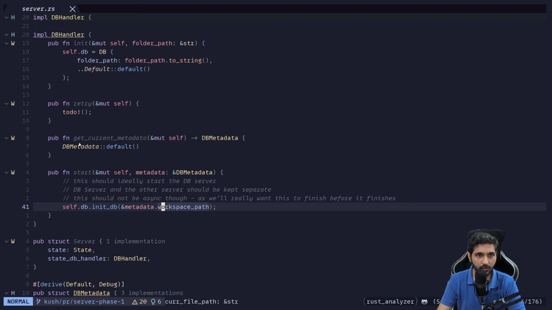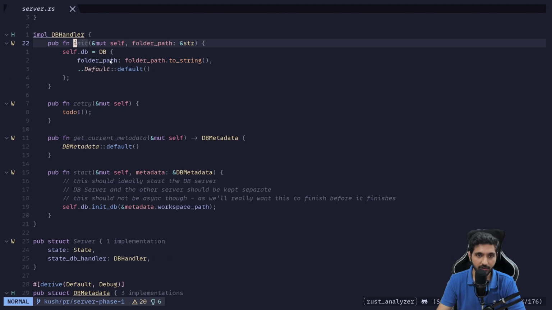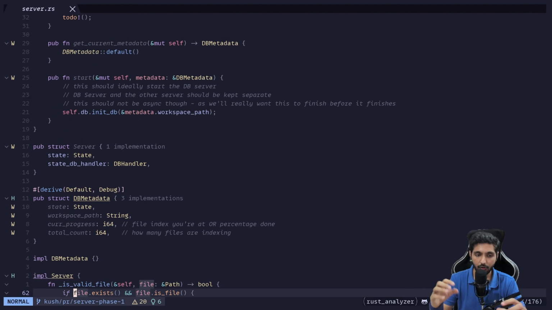Okay, so over here we have impl DB handler where we are basically initializing the DB, and we have a retry method as well, which is right now to do, right? Get current metadata, simple thing. Now this DB metadata is very interesting, okay? Because the way I want to use DB metadata is I want it to store the state, workspace path, current progress and total count. Now I'll come to these points later on, but what current progress gives me is